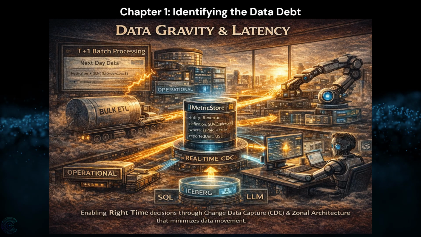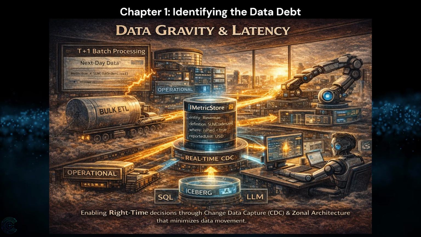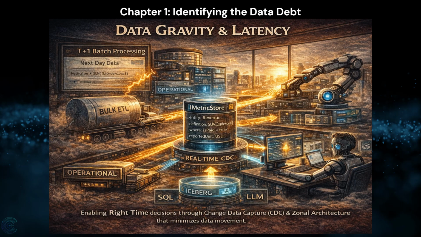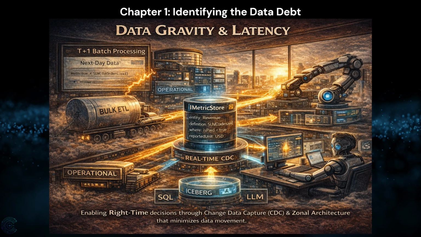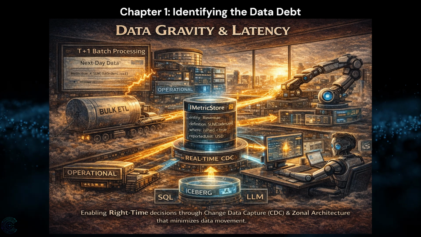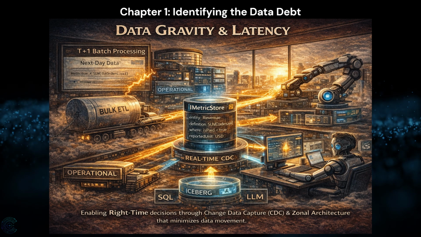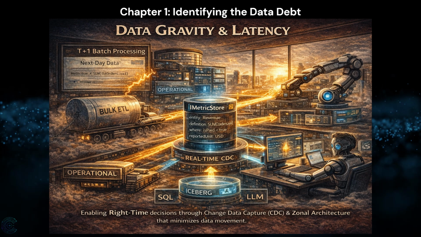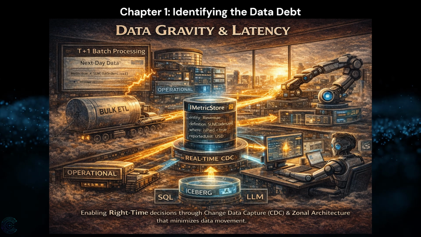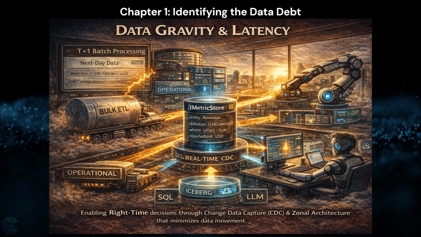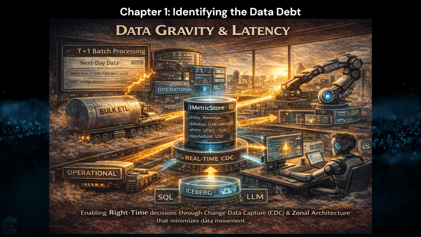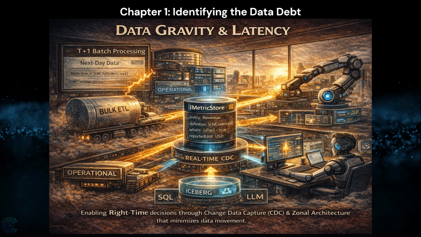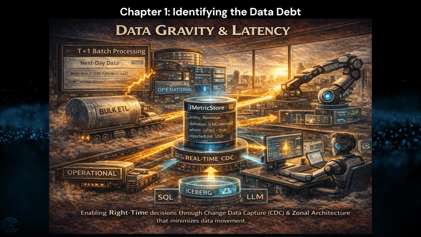Data gravity and latency. Problem: data is too heavy to move or arrives too late to be actionable. Situation: T+1, next day data availability, is standard in legacy batch processing environments. In 2026, this results in AI agents making decisions based on yesterday's reality, leading to stockouts, missed fraud signals, and frustrated customers. Task: shift the architecture to a right-time availability model where latency is a defined SLA based on the